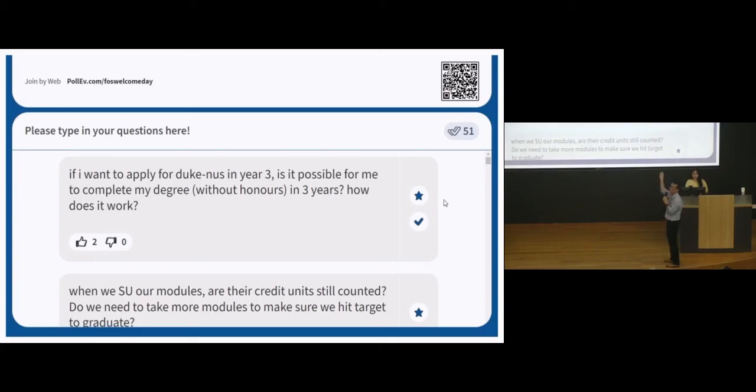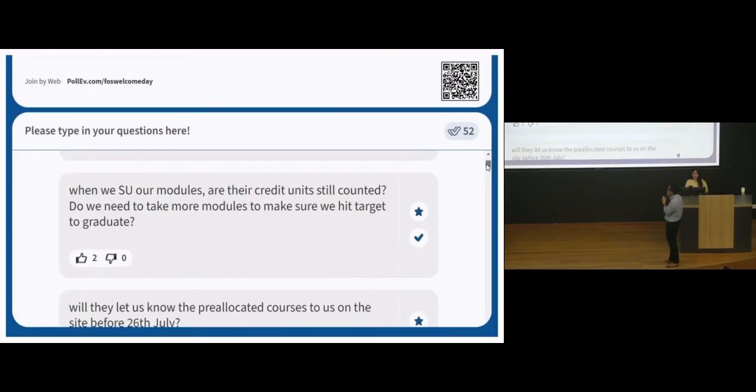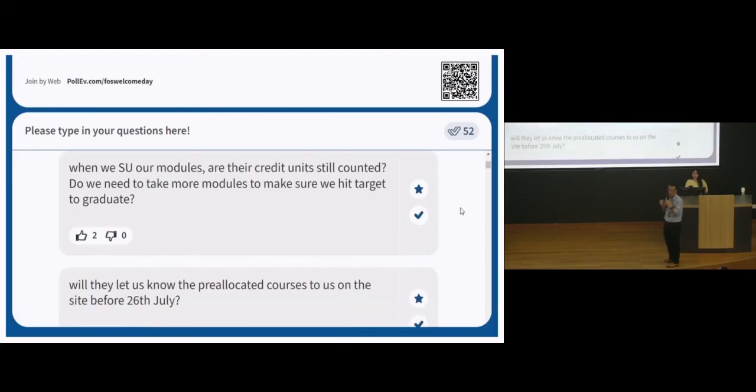Okay, I think this question is a bit too technical. I don't want to go into details because it may not apply to everyone. So we will take note of this. And if you really want to know, you can write to us for a one-to-one consultation with Prof. Chu.